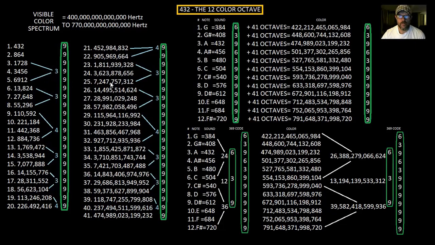I've been doing this for a couple of months now, and when you're looking at all this data, all these numbers, you see patterns, and the 369 code is a perfect example of patterns. Now, there's another pattern here I just want to show you before I get into this. When you're looking at these digits, you've got 4 digits, 5 digits, 6 digits, 7 digits, and so on